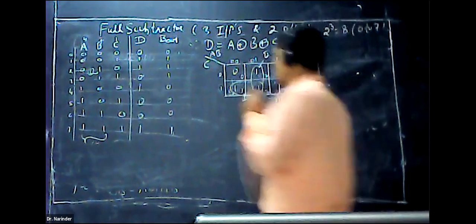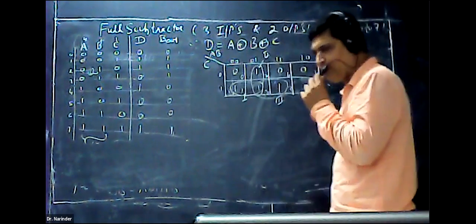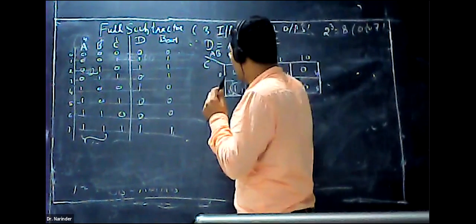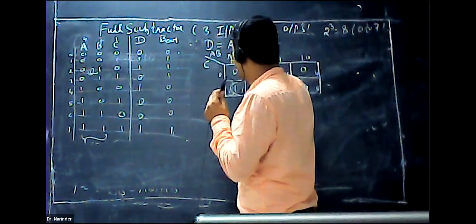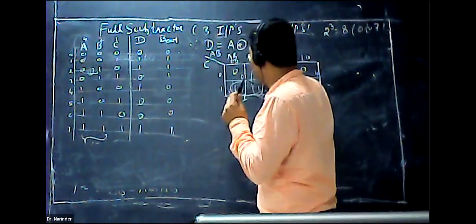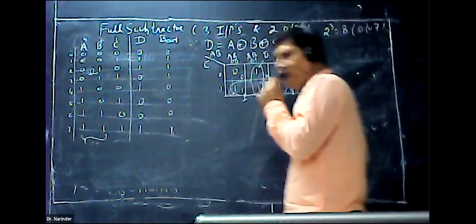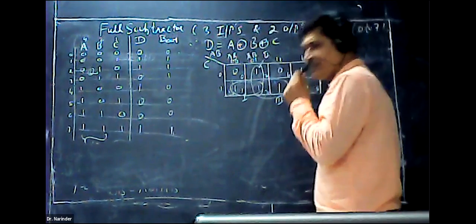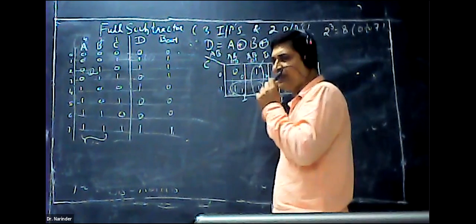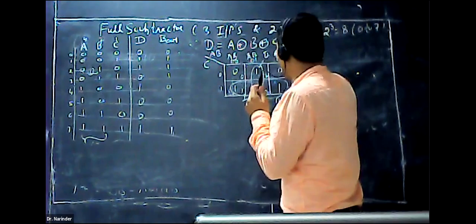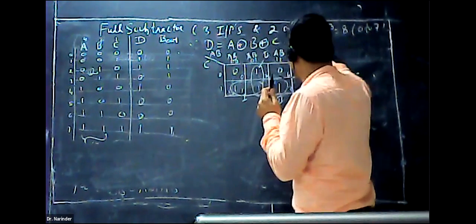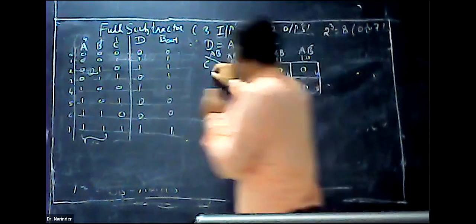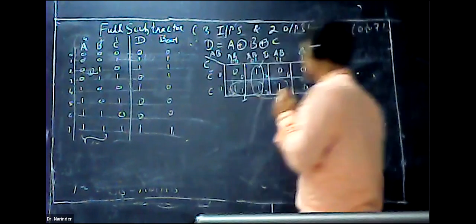To evaluate this grouping, first of all, you have to write these 0, 0, 0, 1 in Boolean form. That would be 0, 0, which means A bar, B bar. This is 0, 1, that is A bar, B. As I've already told you, we have to consider bar for the 0 and the expression as it is for the high. This would be AB. This would be AB bar. This is C bar. This is C. First expression.